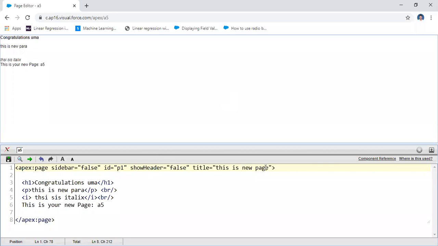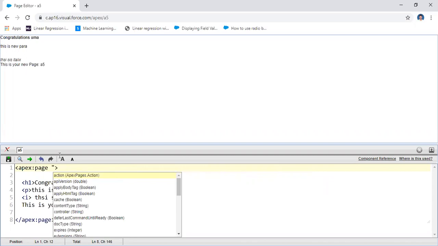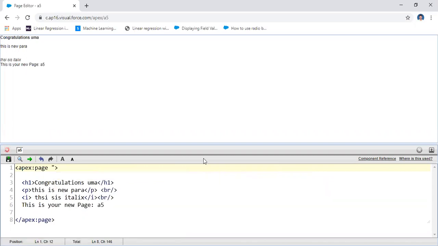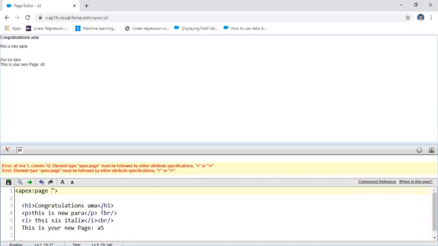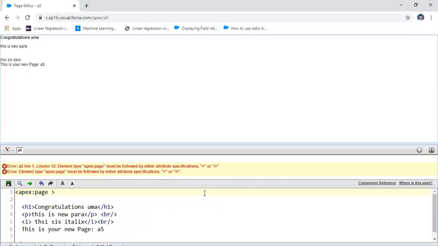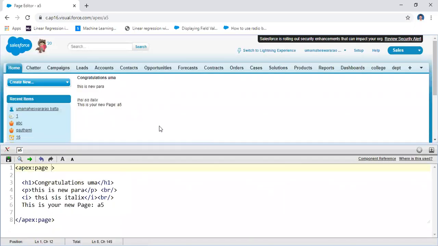If you remove this one, it will appear with all the information. For example, you may remove this one. Here I want to remove this information. If you remove it and then save it, it's happening. I want to remove this one also. Save it. It appears like this. In this way you will perform the different tags, different attributes. Whatever the attribute may be, all HTML, CSS and JavaScript is executed here. That is simple information regarding the page tag.